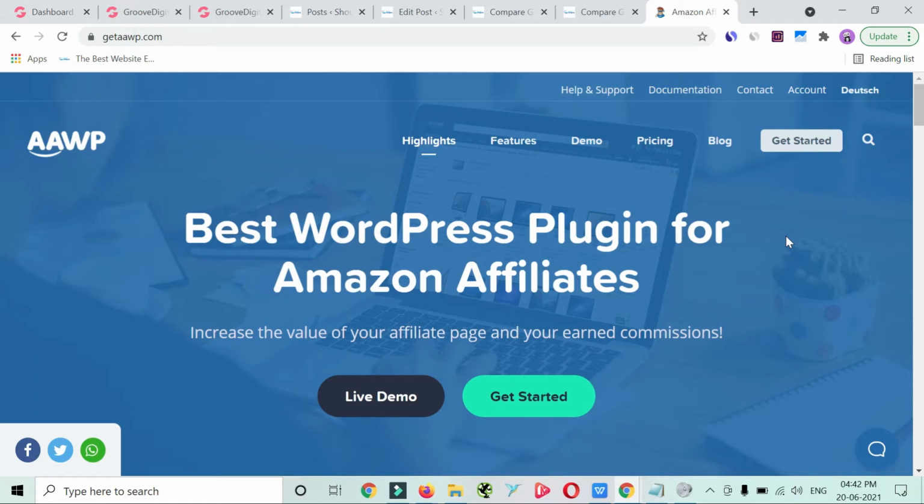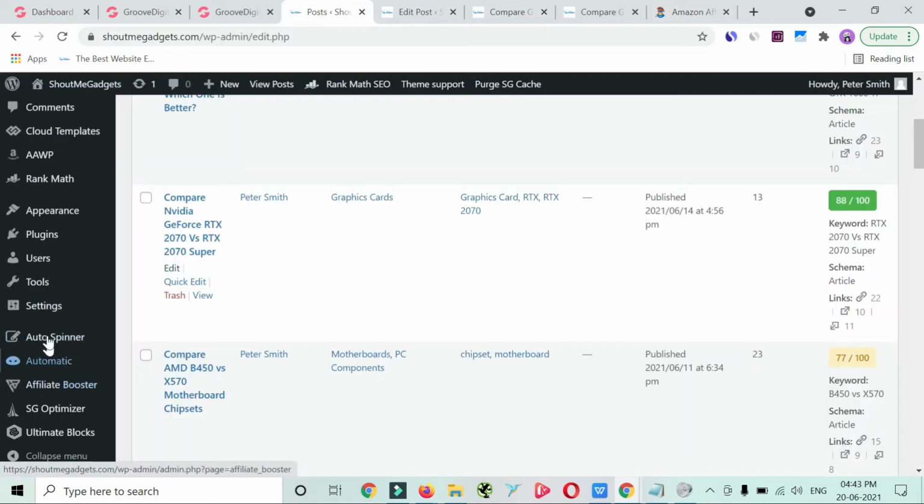So what you have to do is just install this plugin which is in front of you, with the name AAWP. It's a great plugin for Amazon affiliates. It is a lifesaver for all of us because it has a lot of features that you can't imagine while promoting your Amazon products from your Amazon affiliate niche websites. So you need to install this plugin before creating the comparison table, and make sure you connect your Amazon API. It's a paid plugin. Okay, so let's jump in and see how I created my affiliate table.